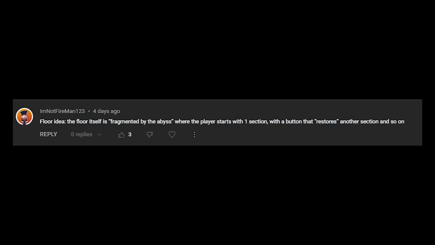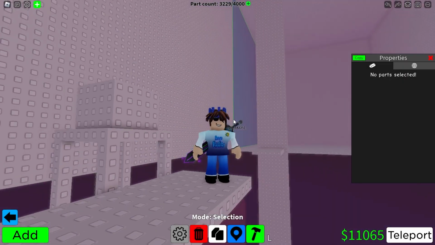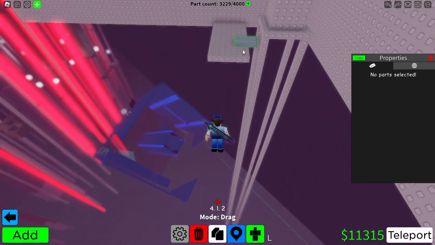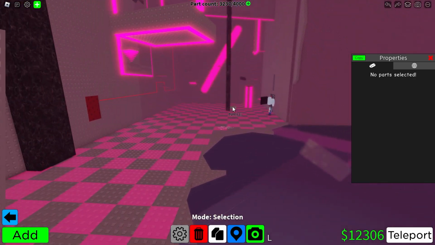The floor itself is fragmented by the abyss, where the player starts with one section with a button that restores another section, and so on. We're going to start with a bridge thingy that needs to be replaced, so it needs to look destroyed. So we'll add some wedges to do that. Okay, that looks good. I'll leave the wedges CanCollide true, unlike I did back on floor 9, I think